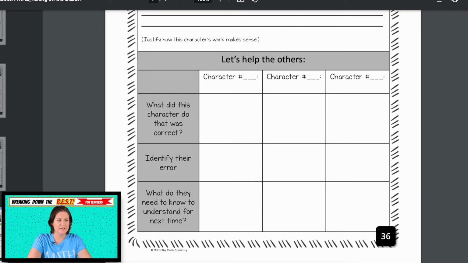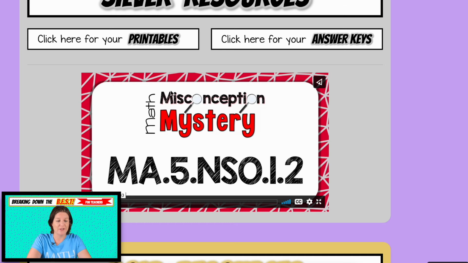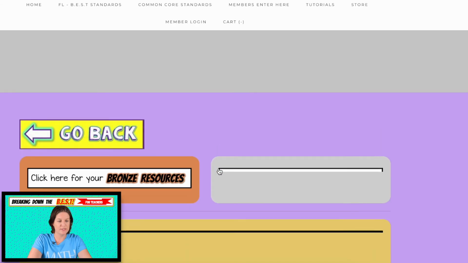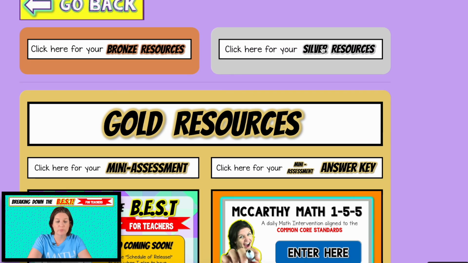So they're just jotting down the report. It's super fun. Students love it, and it gives them a chance to be silly, but also to think critically and analyze errors. Also, your answer keys are right there. If you have the gold plan, you click here for the resources. You can go back to those bronze video lessons or the silver printables and math misconception mystery at any time,